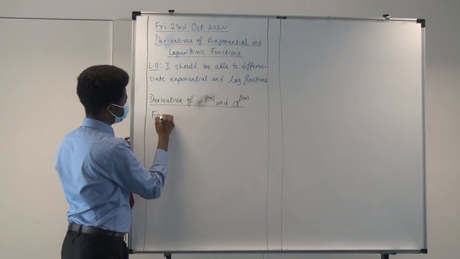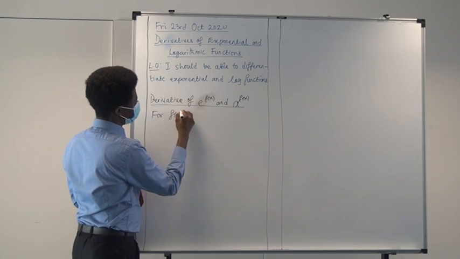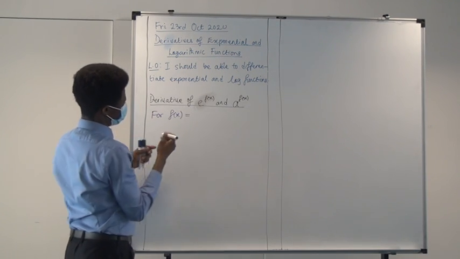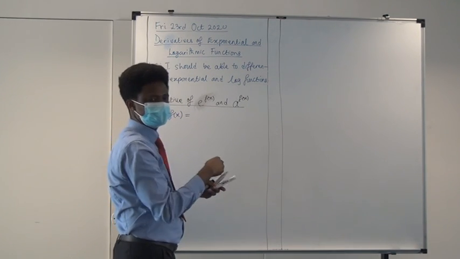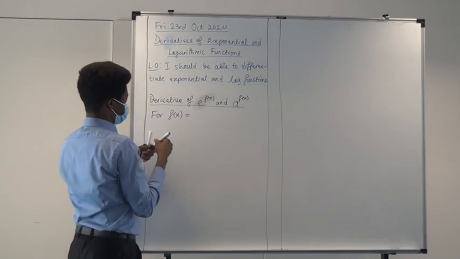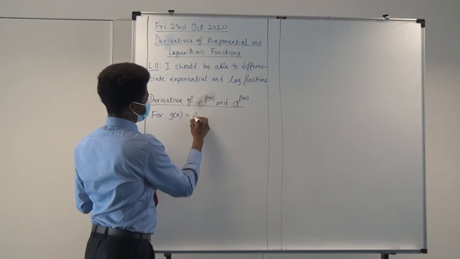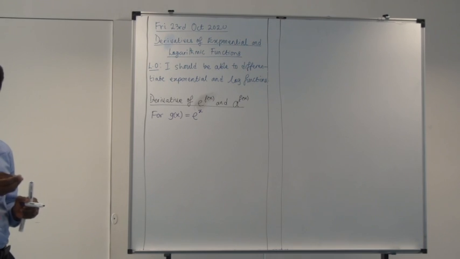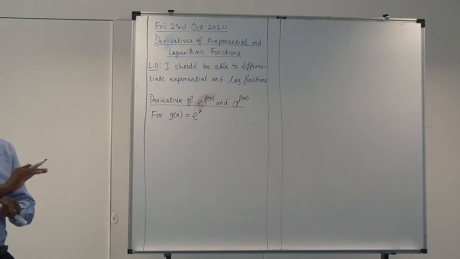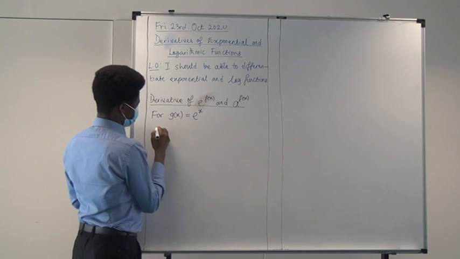For f of x equals e raised to power f of x. I don't want to use f of x. But I can change this to g of x. It doesn't have to be f of x. It's just that we're used to f of x. Maybe exponential x. We'll focus on exponential x. Then we'll use a chain rule to extend it to any other thing. That's why chain rule, product rule, and quotient rule are very important. Okay? So for this, the derivative,